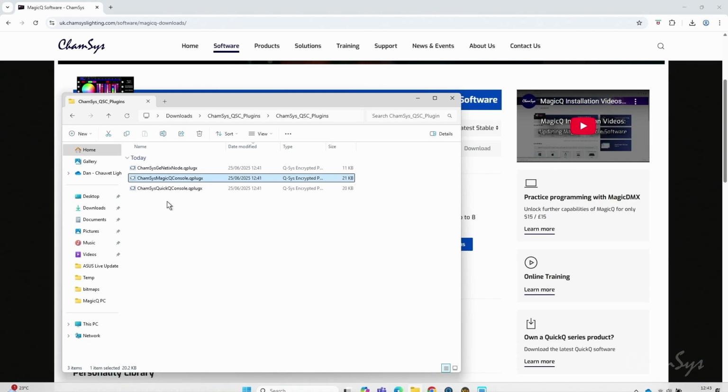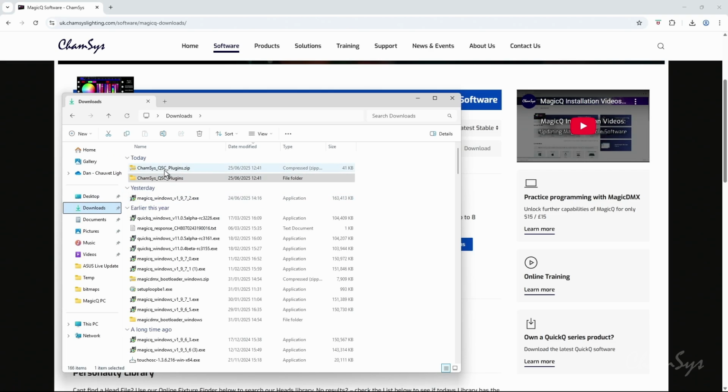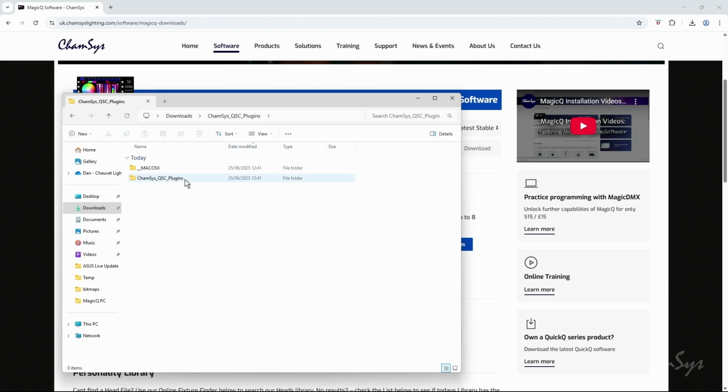Once that's downloaded, if I go into my downloads folder here, you can see it will download the plugin as a zip file. Once I've extracted that, I can go in here and you can see here are my plugins. We have plugins for MagicQ consoles, QuickQ consoles and GeNetix nodes. With GeNetix nodes we allow you to toggle scenes on and off. We have control for QuickQ, and at the MagicQ level,